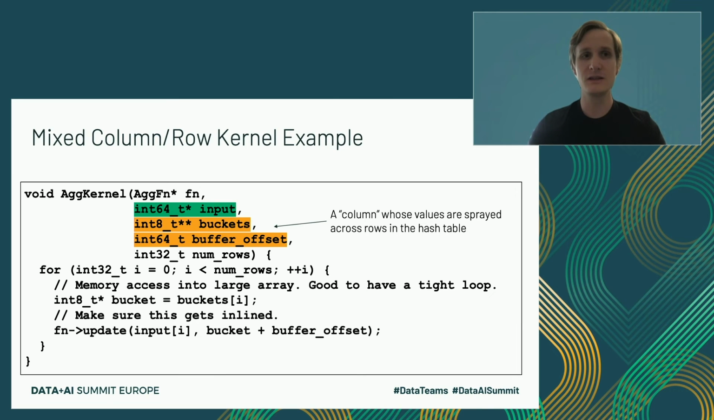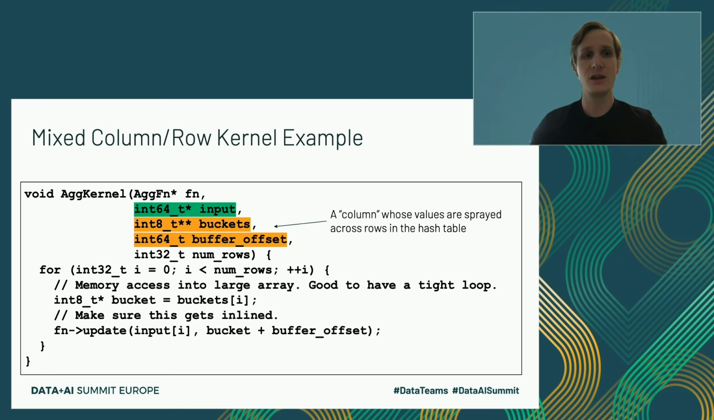One interesting thing here is that this is a vectorized engine and a columnar in-memory format, but when dealing with hash tables, it's very convenient to represent them as rows. So we have here a kernel that is a mixed column row kernel. You see there that the input in green is just an array of values, so it's like a vector of values, and a representation of the buffers in the hash table is through a double pointer. So it's an array of pointers together with a buffer offset. You can think of these two things together representing a column whose values are sprayed across rows in the hash